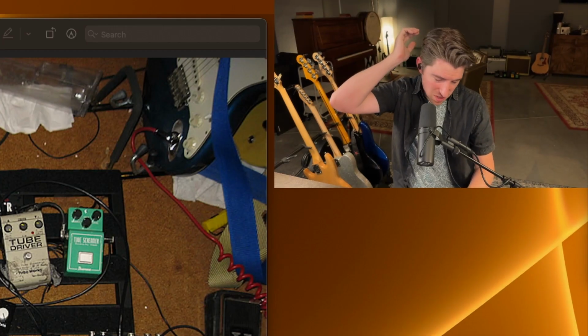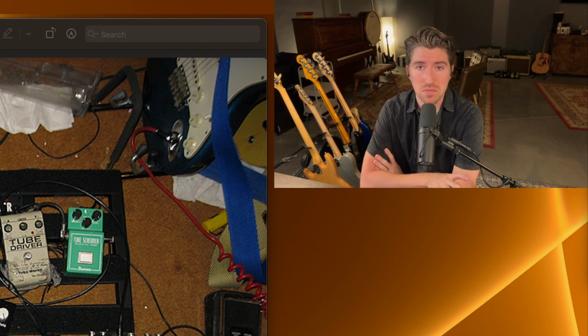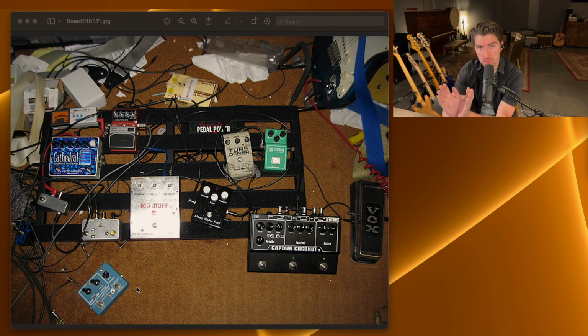I mean, dude, it's 2024, man. There are tuners that'll do a great job and they exist in one box. You don't need an ABY for it. Don't understand that one. If everything were on the board, it would be less ick. If things were at least tidy, this would be a lot lower. Even if you're at home and it doesn't matter because nobody's ever going to see your pedals, just have a little bit of self-respect and just